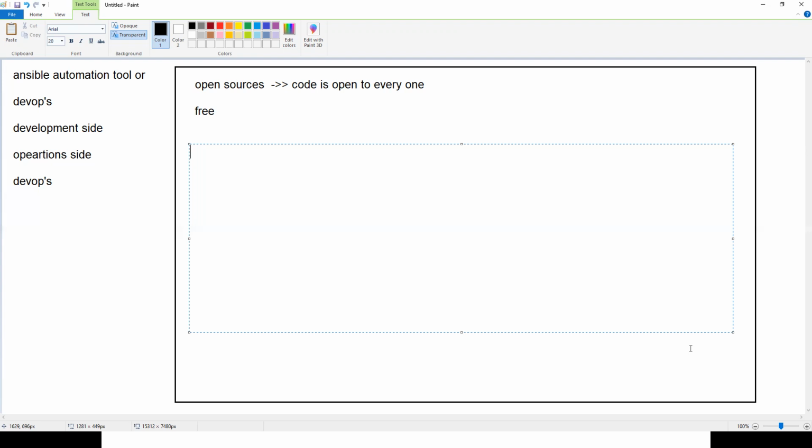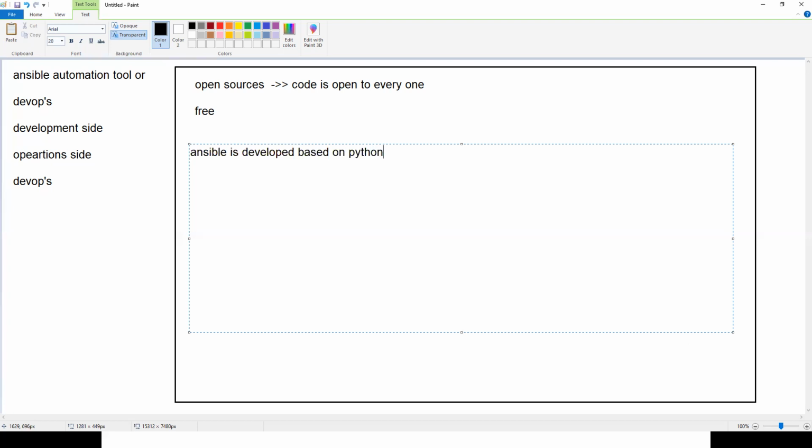But remember, what Michael has done is he says that without any prior knowledge of coding, that means you don't have any knowledge about scripting, you don't have any knowledge about C, C++, Java, Perl, Python, or any other coding language, still you can work with Ansible. Now you will ask how? Remember, Ansible is developed based on